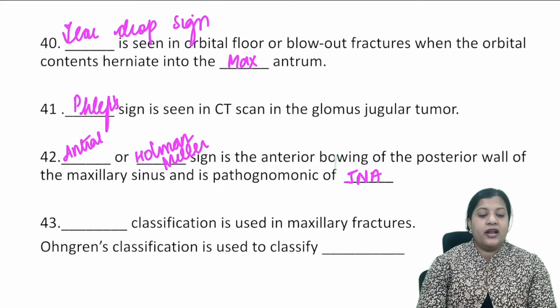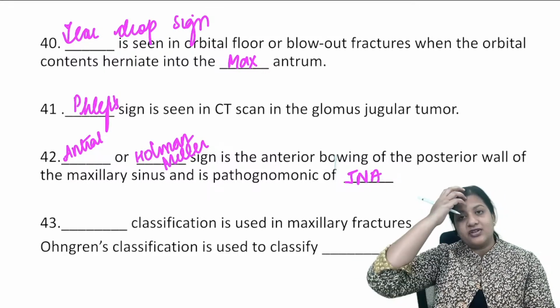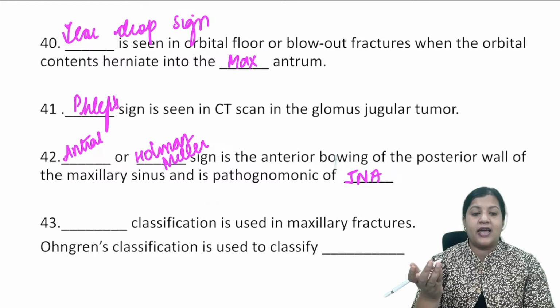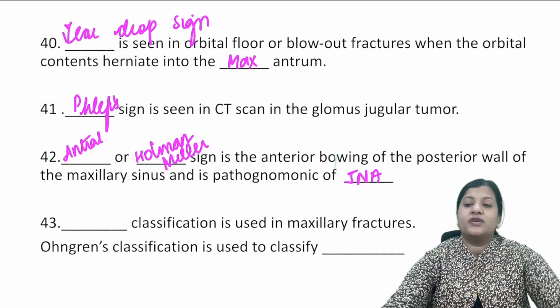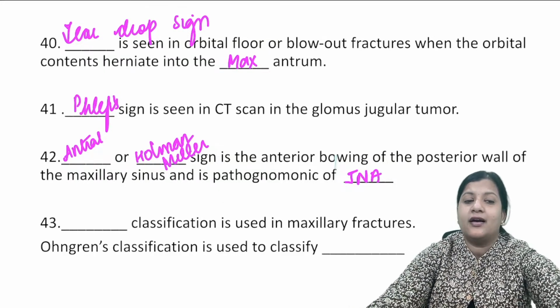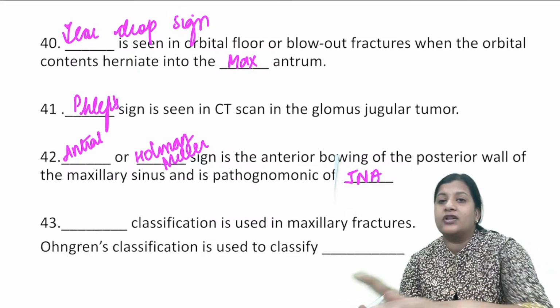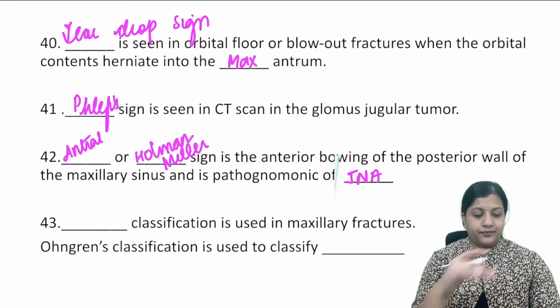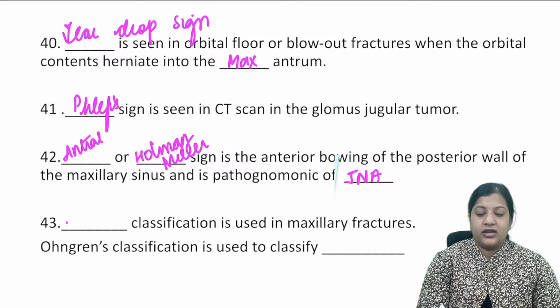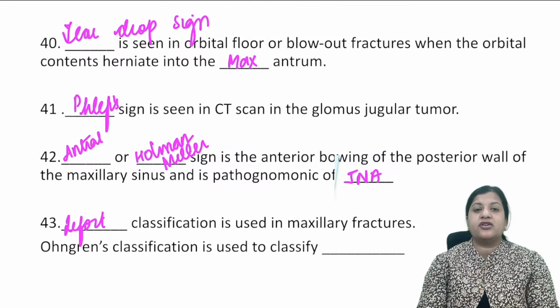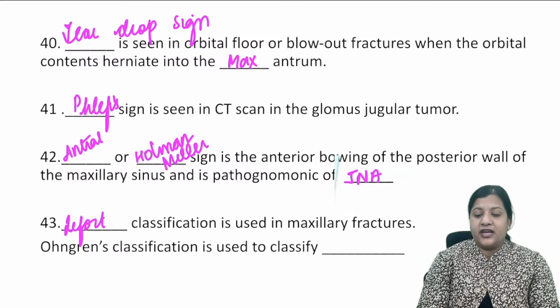What classification is used for maxillary fracture? Glomus jugulare and glomus tympanicum are both glomus tumors only; it's the site of origin that is different. Glomus tympanicum comes from the tympanic plexus on the promontory, whereas glomus jugulare comes from the jugular foramen, from the sympathetic plexus over the jugular. Yes, so the Le Fort classification is used for maxillary fractures, and Ohngren's classification is used for